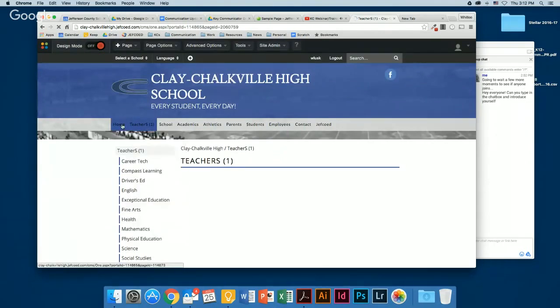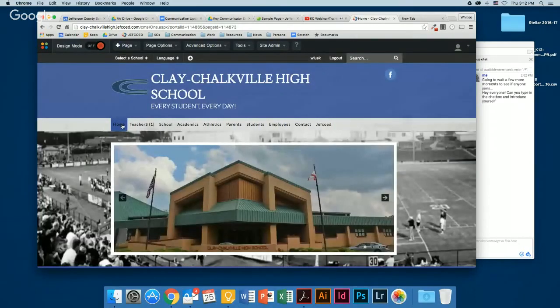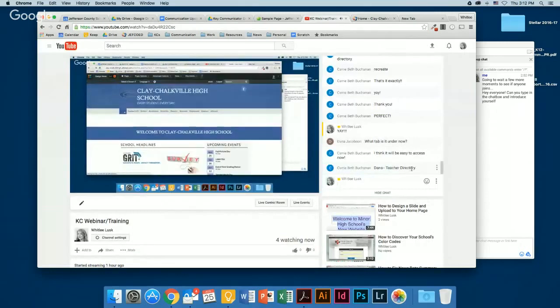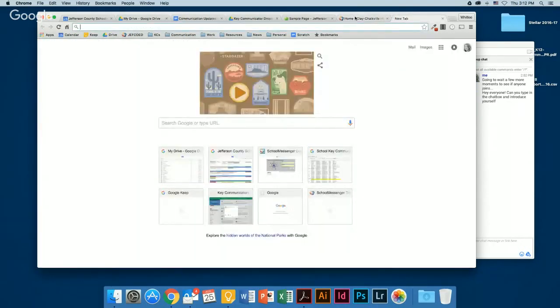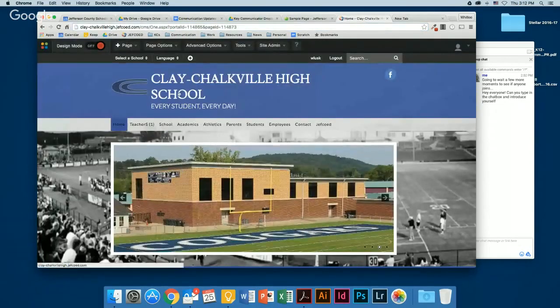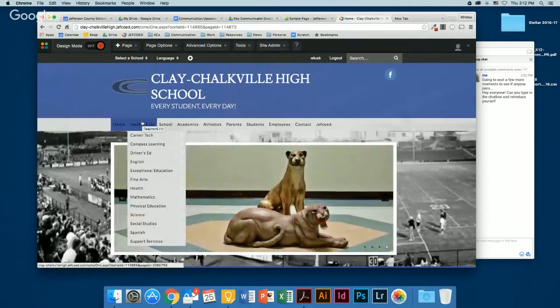Okay, so if you create a page and you don't permanently delete it, let me close this out so it's not echoing. If you create a page and then you try to name a page the exact same thing, it's not going to let you.